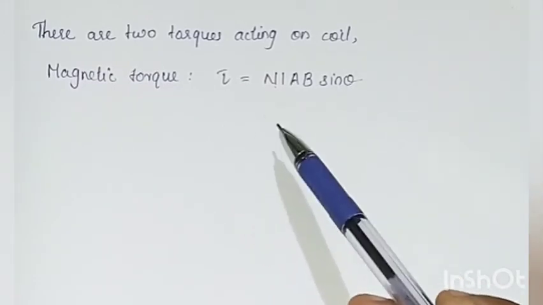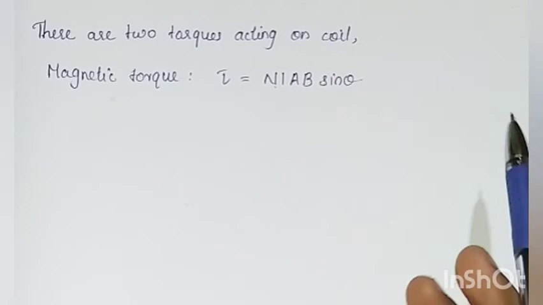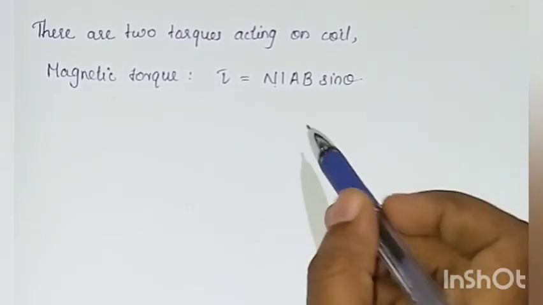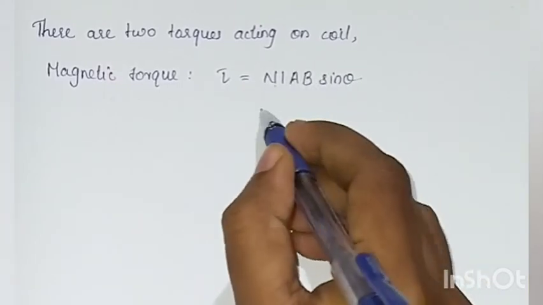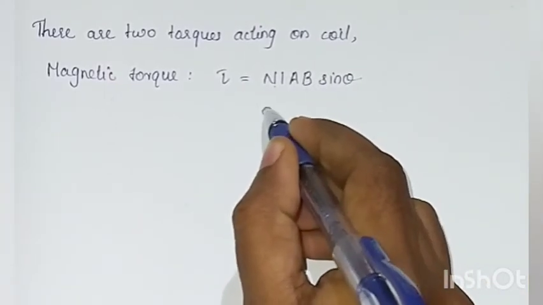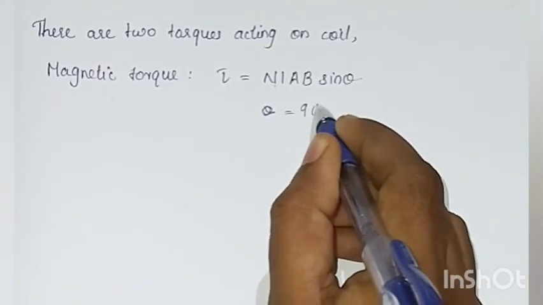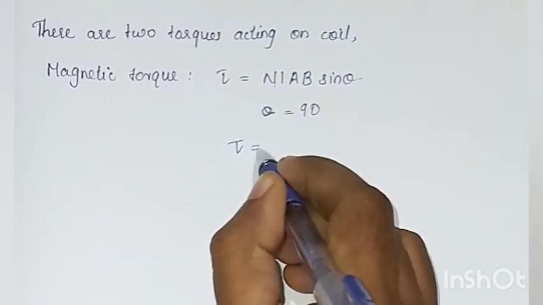The radial magnetic fields are placed in such a way that the angle between the area vector and the magnetic field is 90 degrees, that is theta will be 90 degrees, which makes the expression for tau as